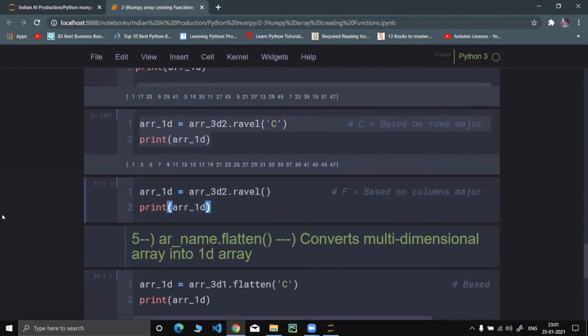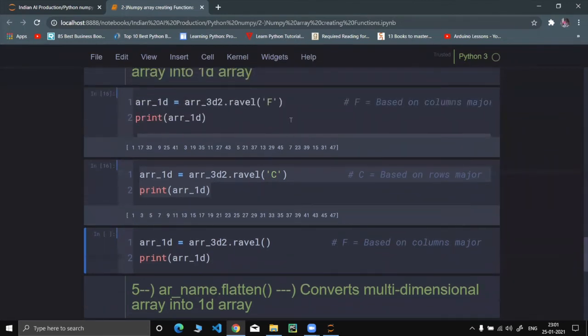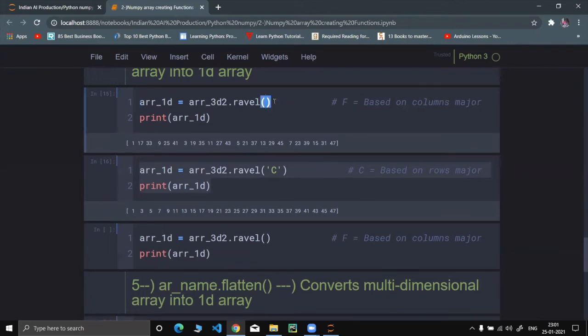And by default the ravel function creates a 1D array based upon the column measure. So even if we don't put any parameter over here, it will give the same output. Just check it out. Okay, nice.